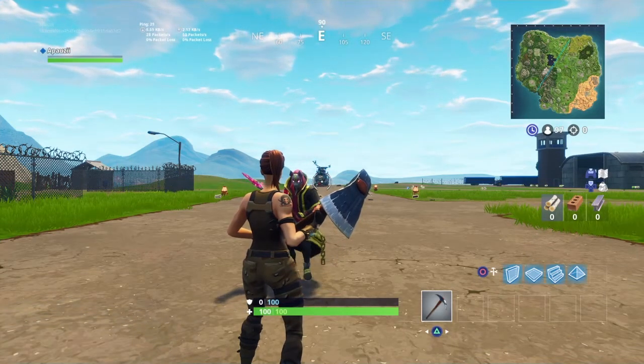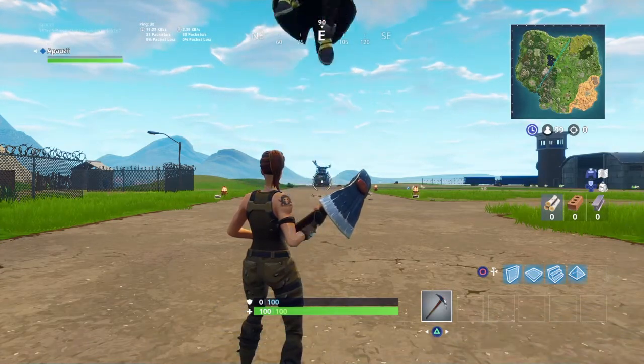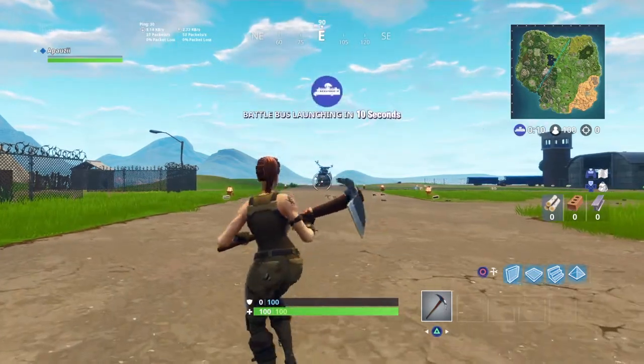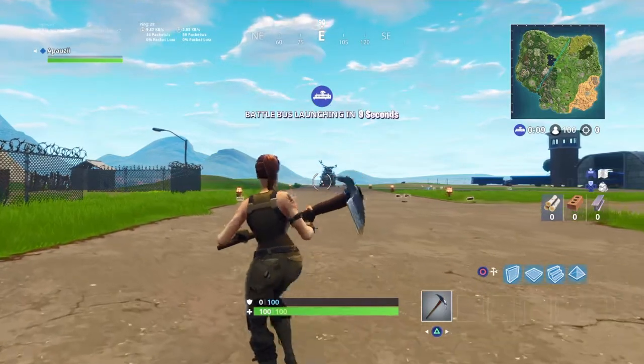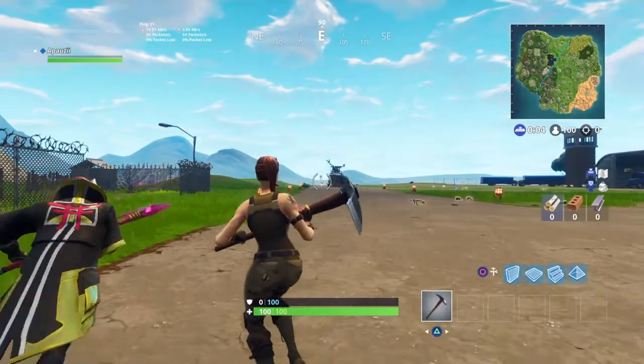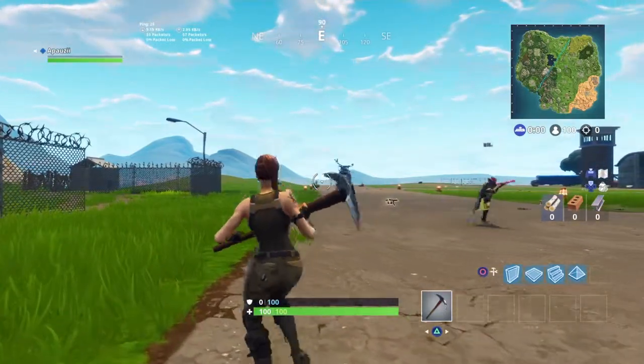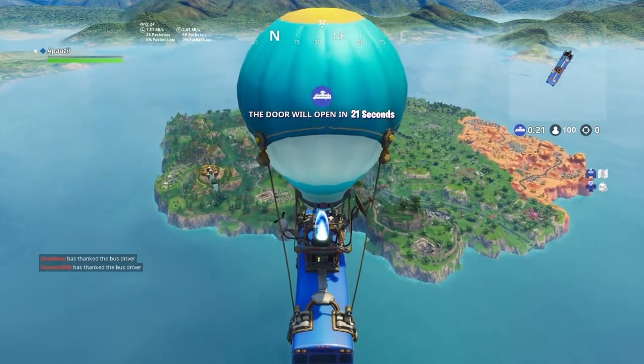So the first tip I can give you is to always land where you're comfortable. A lot of videos that you watch might say to land Tilted, but if you're not comfortable in Tilted, you're definitely not making it out of Tilted alive. So wherever you're comfortable, whether it's Lazy Links, Paradise,